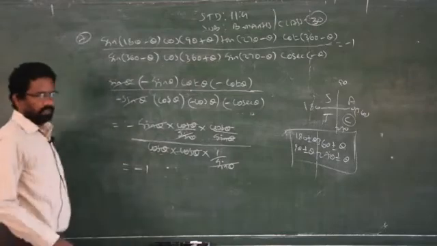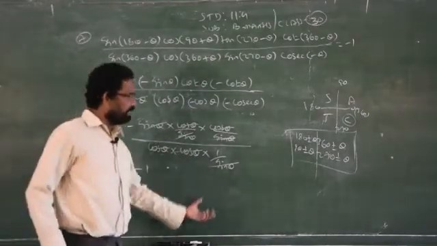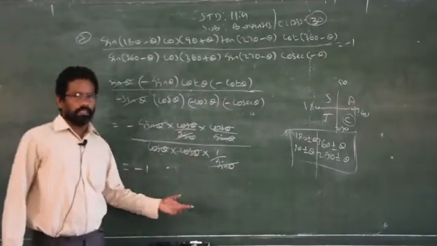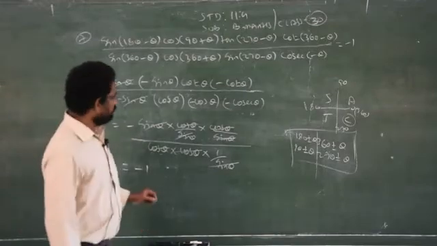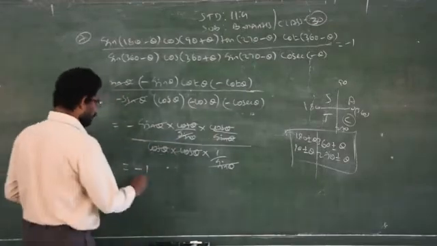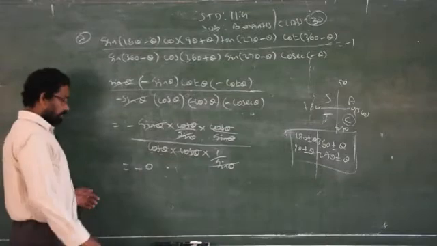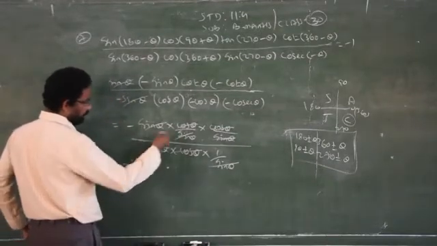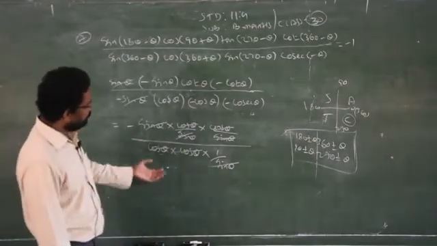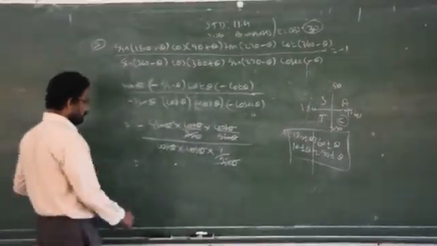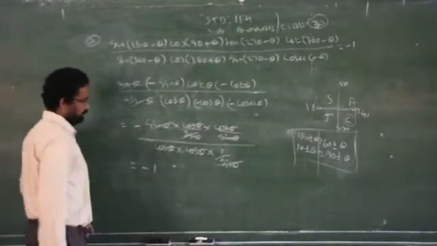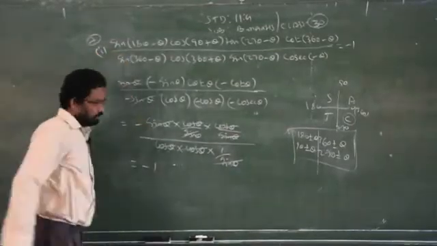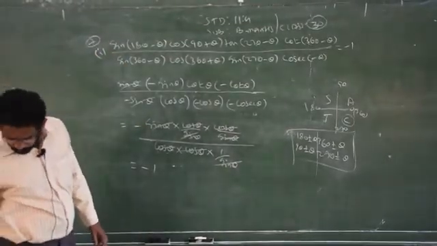So what will be the answer? Finally, what will be left? Only 1. Everything vanished, but don't write 0. Under division, if everything gets eliminated, what will be the remainder? 1. Be careful, don't write straight away 0 just because everything cancels. Zero is only in the case of subtraction. We did not subtract, we are dividing. So everything gets eliminated. What is the remainder? It is 1. So the answer is minus 1. Clear? Next, the second subdivision of the same Roman number, the first problem of the 7th one.